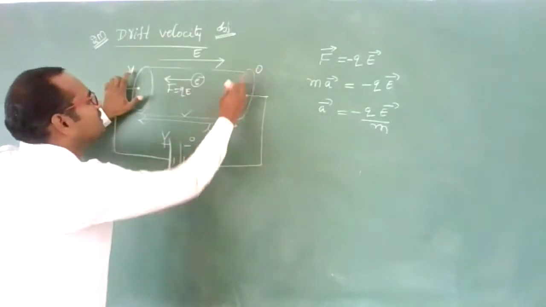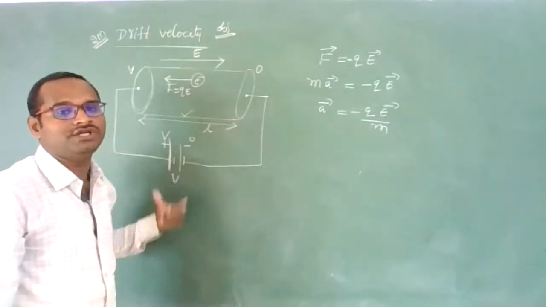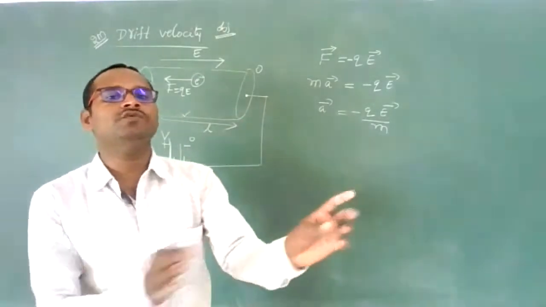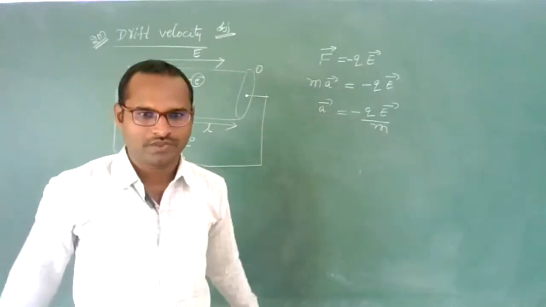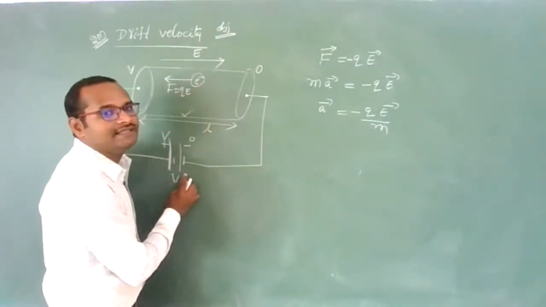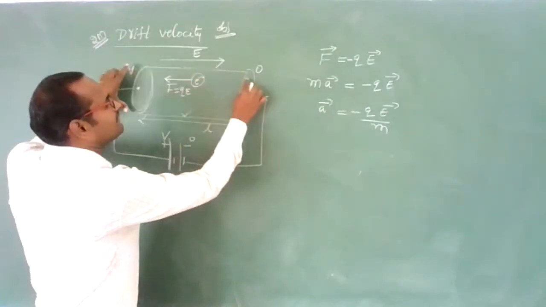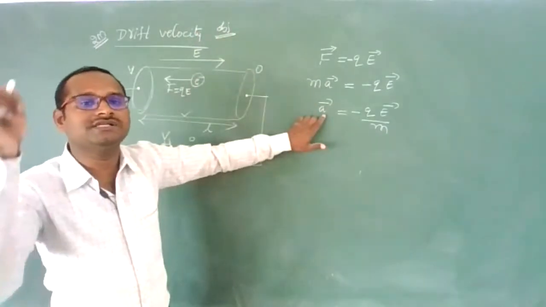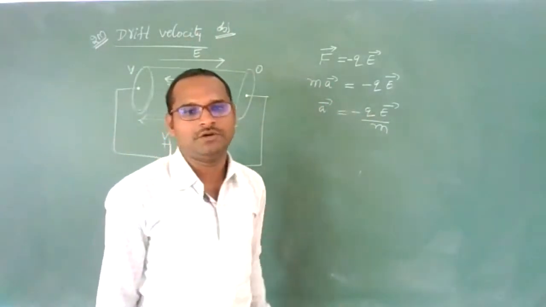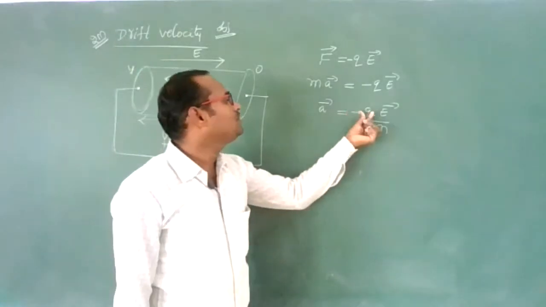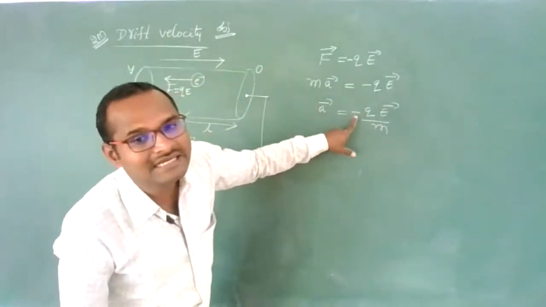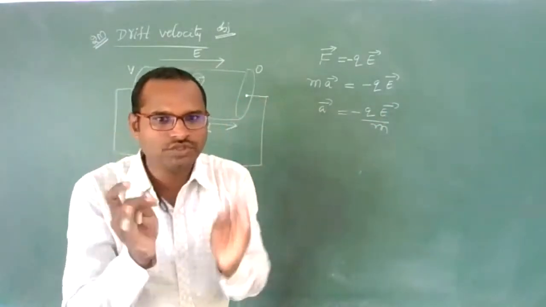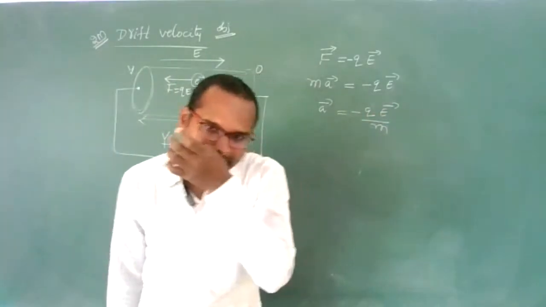That means due to this potential difference, that is, due to this battery voltage. Okay, when no battery is connected, the electrons move randomly here and there with average velocity 0. But once the battery is connected, due to the potential difference created across the length of the wire, an electric field will generate. That electric field can produce some acceleration in that electron. How much acceleration can it produce? Minus QE by m. Here the minus sign indicates the acceleration is in the opposite direction to the electric field. That's it. If you want the magnitude, you can write QE by m. That's it. Okay?